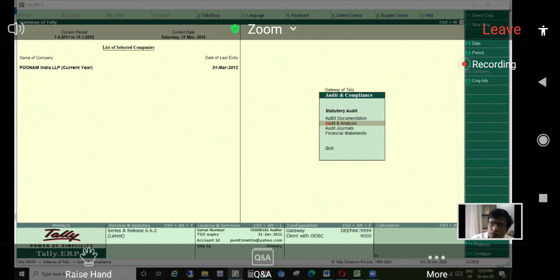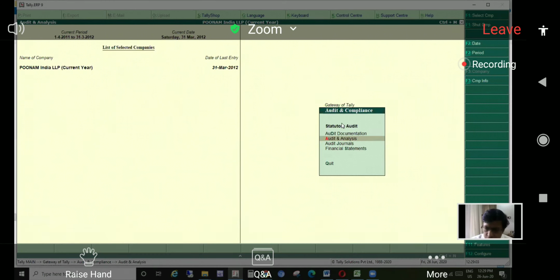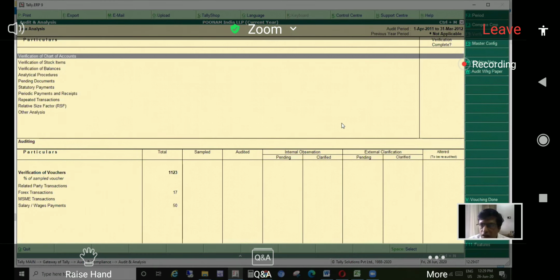So Ankit, when you start the audit, of course after planning and documentation is done, what is the first thing that you do? Obviously, we'll verify the chart of accounts. Right. For verification of chart of accounts, we need a base. We have to look at the previous year company. Now, previous year company can have two possibilities: either it is continued in the same data, or it could be a different company.